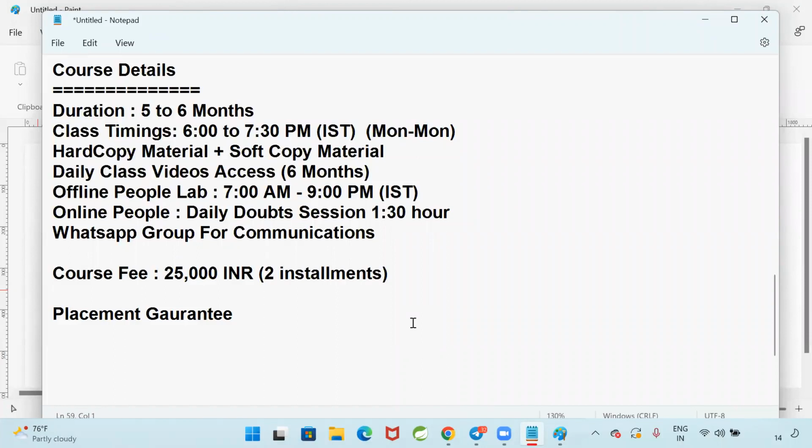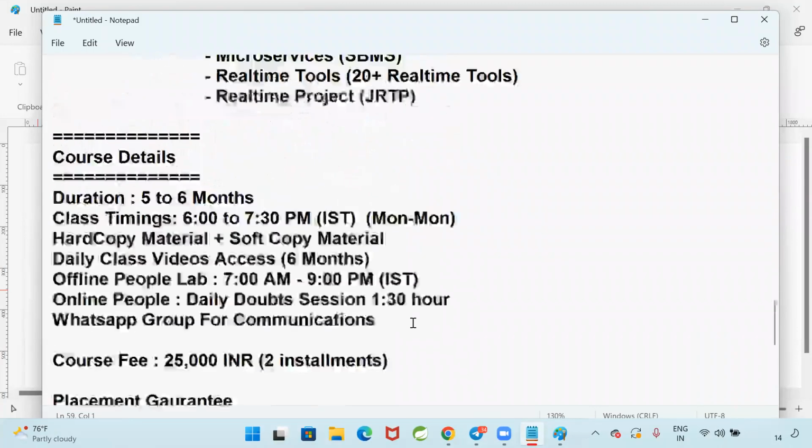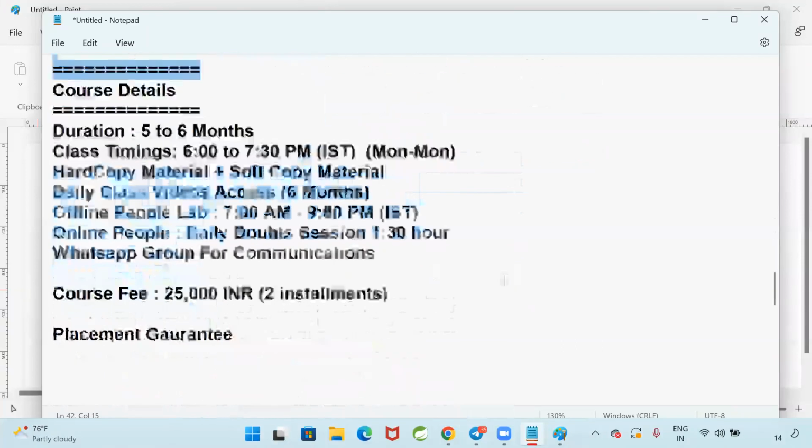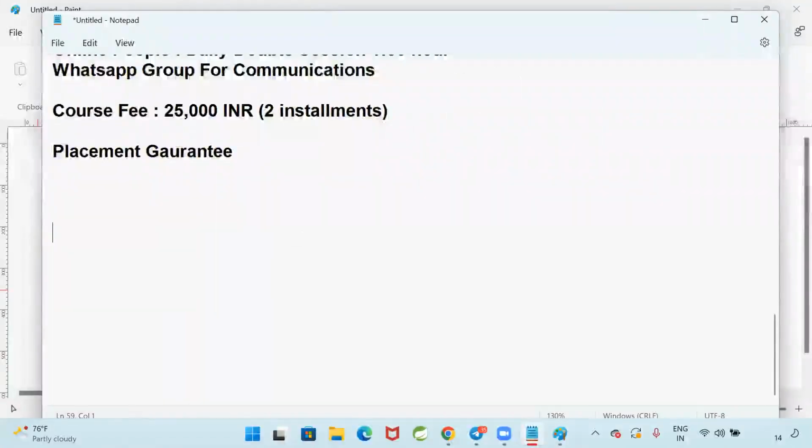The mandatory thing is you should have one laptop. The configuration, if you have 8 GB and an i5 processor with SSD, that is best. When it comes to the frameworks, a lot of tools we are going to install on our machine, so the system configuration should be a little high. If you don't have a laptop, please purchase one with minimum 8 GB RAM, 256 GB SSD and an i5 processor.